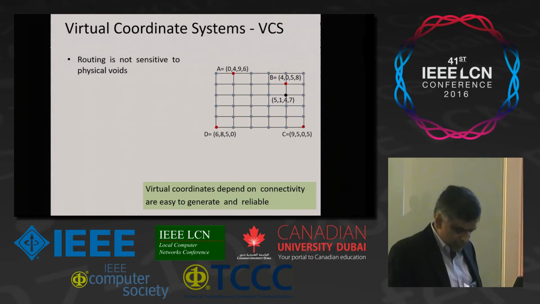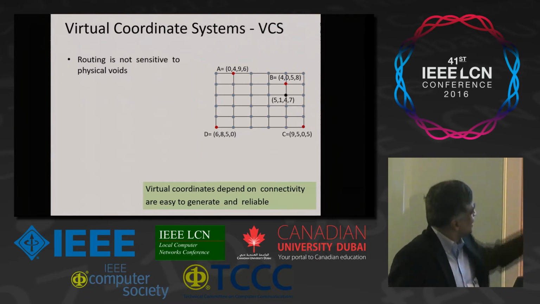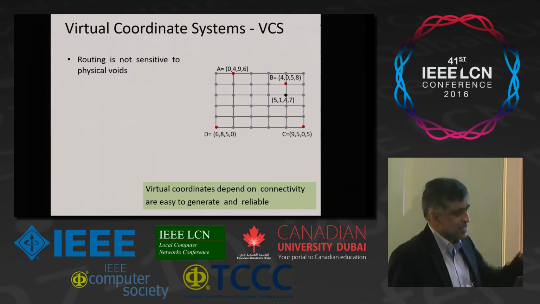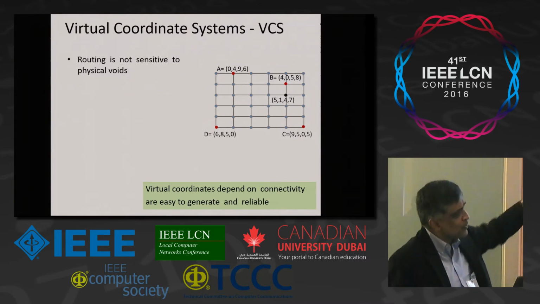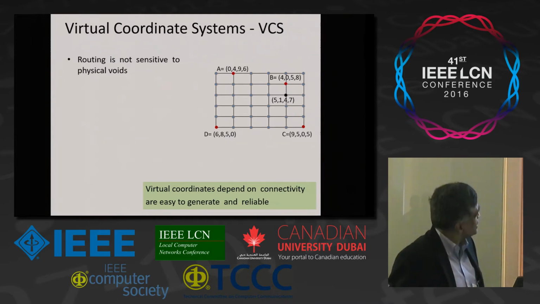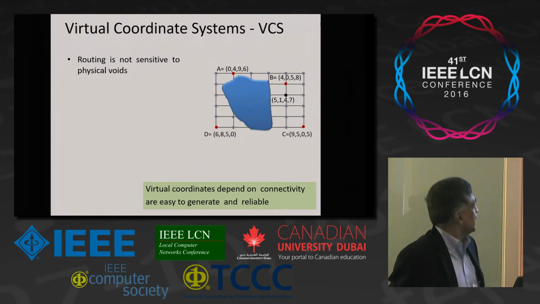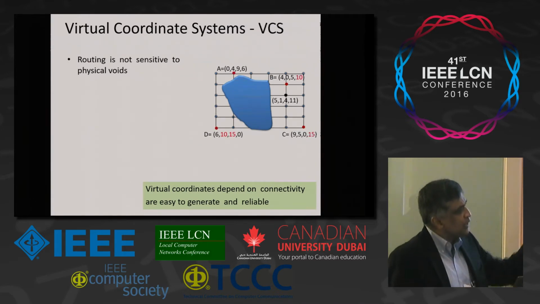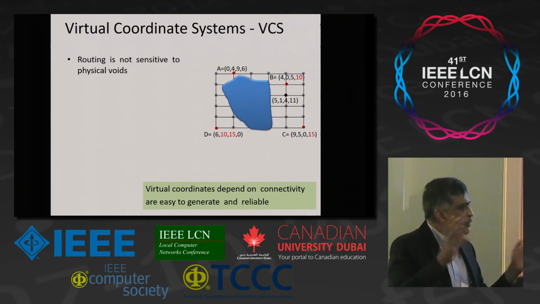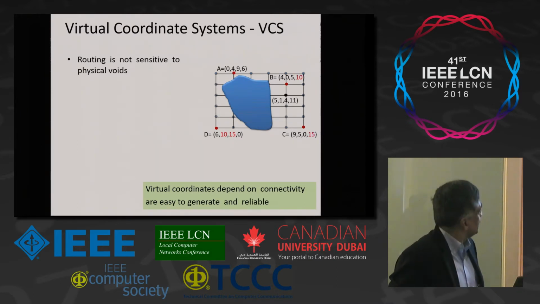Right? So I take this rectangular grid so that it's easy for you to follow. So I have these coordinates. There are 4 anchor nodes, so each node has this tuple that describes how many hops to reach A, that's the first coordinate, how many hops to reach B, that's the second coordinate, and so forth. Now in this network, if there happens to be an obstacle, what happens is the coordinates are different, right? So the coordinates take into account the connectivity, but they have lost all the information about the direction and everything. So again, this is fairly old work before us. So the virtual coordinates depend on connectivity and are easy to generate and can be reliably generated.